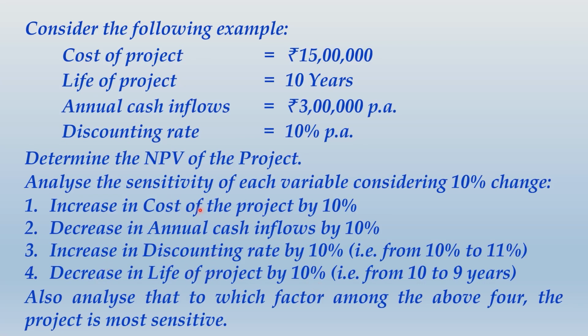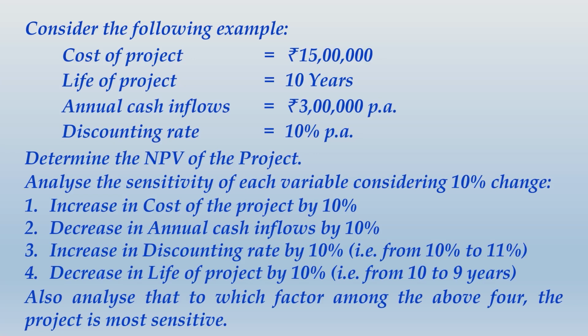So with all these four risky factors, how much sensitivity or what degree of risk do we have? That is what we are trying to understand. Now what we do is, we first make the calculation of NPV, and with each of these variables changing, we will keep on computing NPV again and again. So throughout the question, what you have to do is to just calculate revised NPV, nothing else. And you have to keep informing in the solution what is the effect of change of this variable on the NPV. That is what you have to keep reporting.